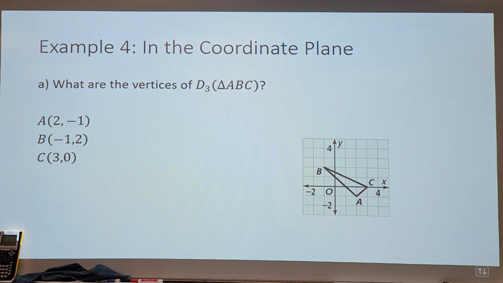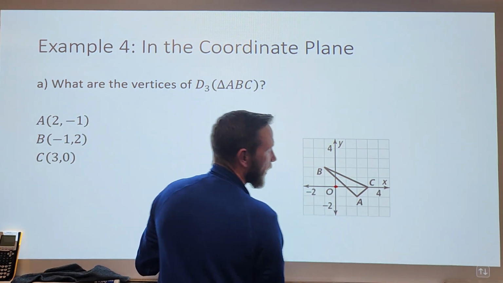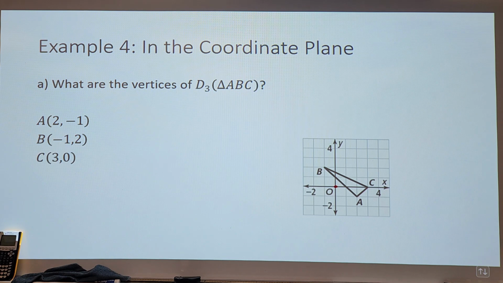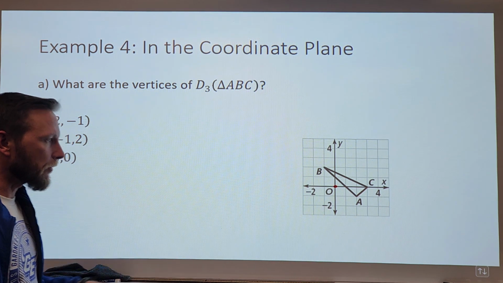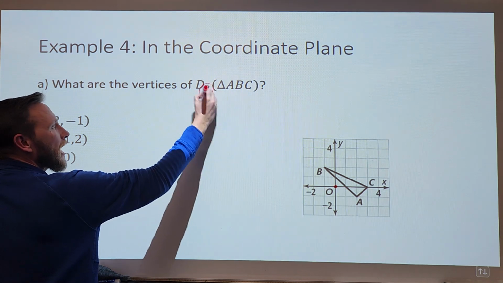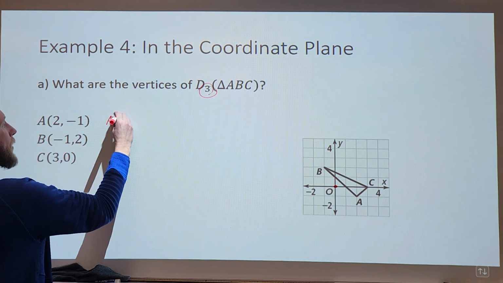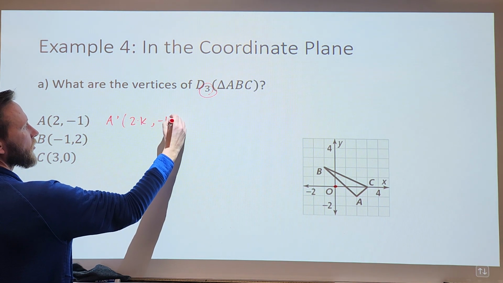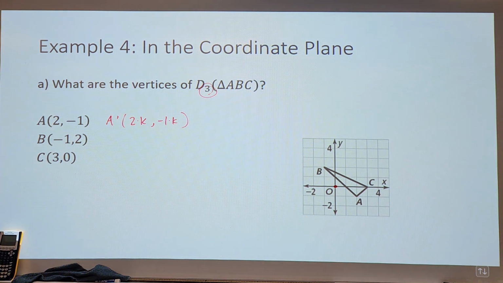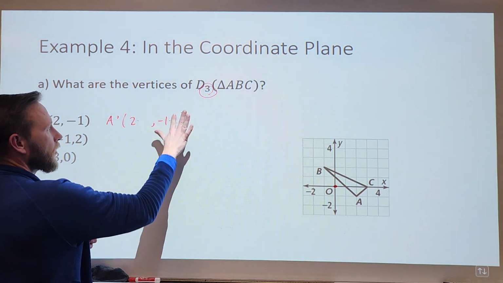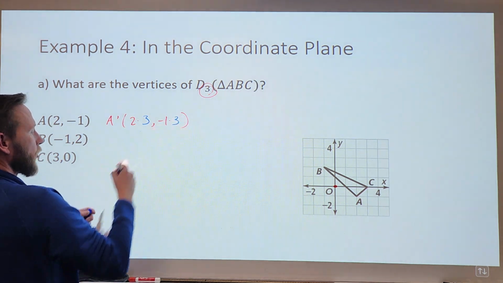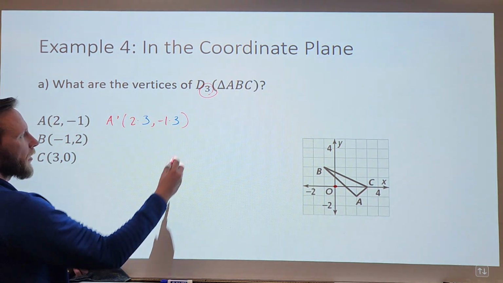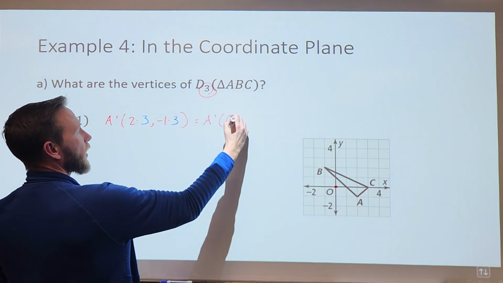And so from there, if this is our center of dilation, where are the new locations for A, B, and C going to be? Where is A prime, where is B prime, and where is C prime? Well, if we know our K value, here's how this works. A prime is going to be located at the original X times K, comma, the original Y times K. And so if we know that that K value is 3, then we can multiply those by 3. This is our K value. And so if we multiply by our K value, then we know that A prime is located at 6, comma,